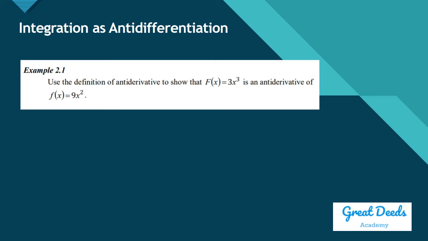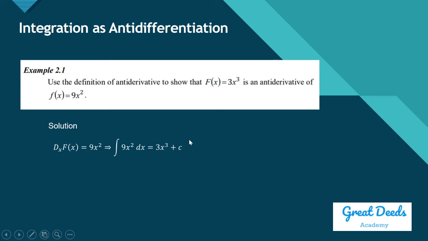We must show that the integral of 9x squared dx is equal to 3x cubed. Why is that so? In fact, that is the antiderivative. Why is that so? Because